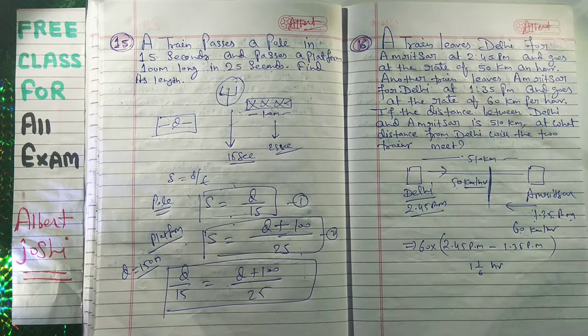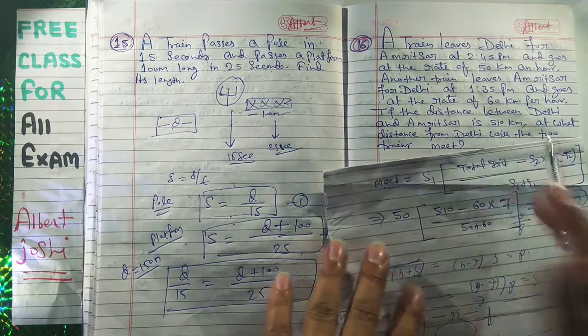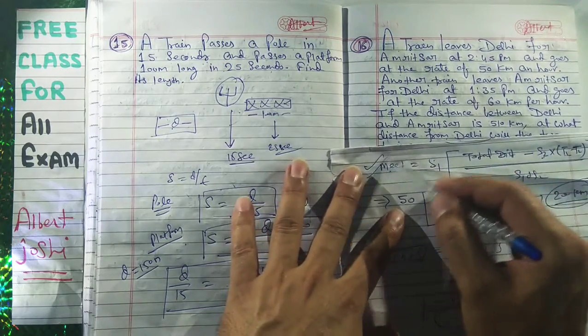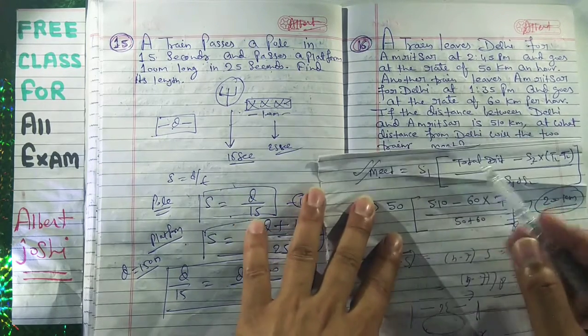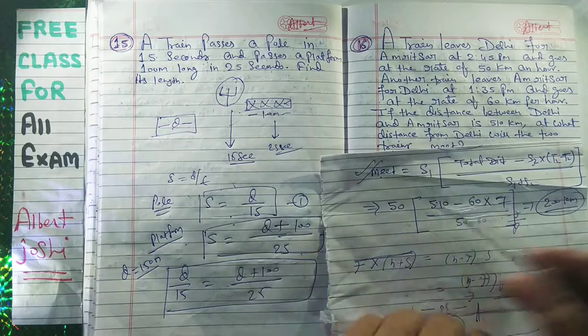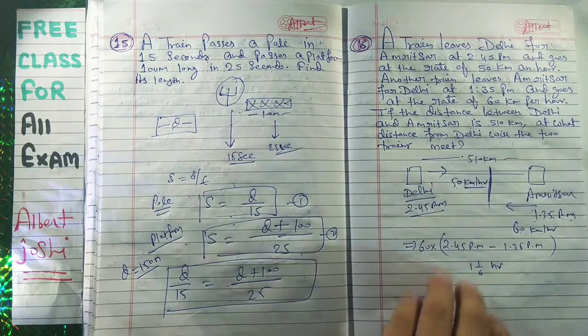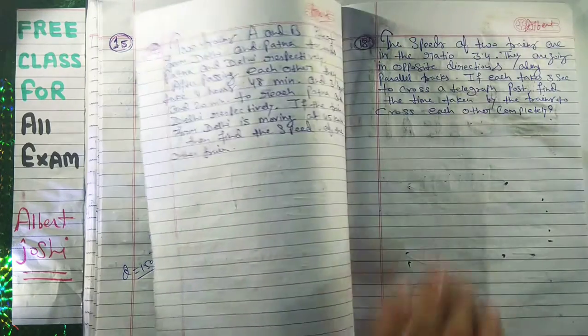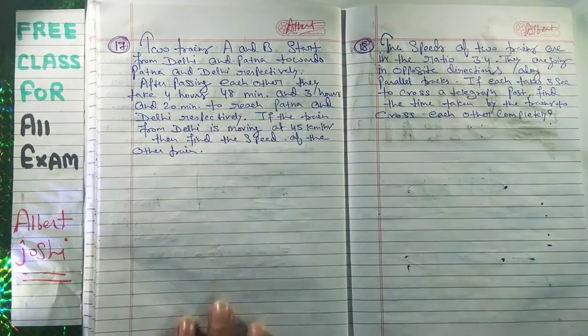In this question, I think there is something wrong or something right. But I have given you the trick, okay, maybe something, I don't know, but I have given you the trick. When they will meet, I have given you the logic. You have to put the value here and you will get the result. So no need to discuss this question many times.